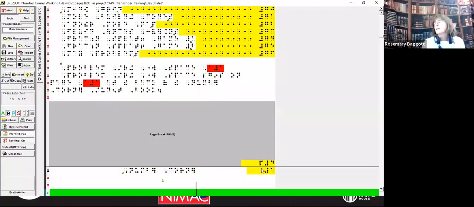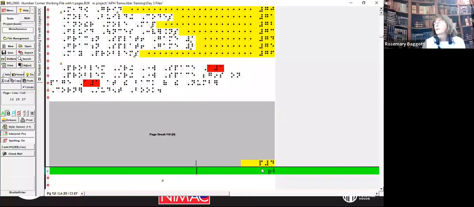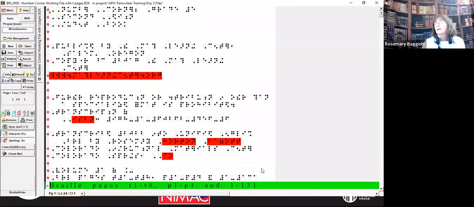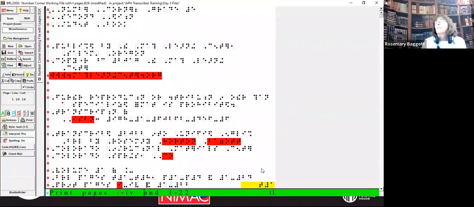So there's my closing preliminary page number. So back to the top, home. I have the T1 through 8 pages in there, P1 through P4 for the preliminaries, and 1 through, these are Braille page numbers, so I'm going to say 24, because that's the last page in this file. My print page numbers, I've already entered Roman numeral 1 through 4, and 1 through 22. Okay, so that's what I want it to be.